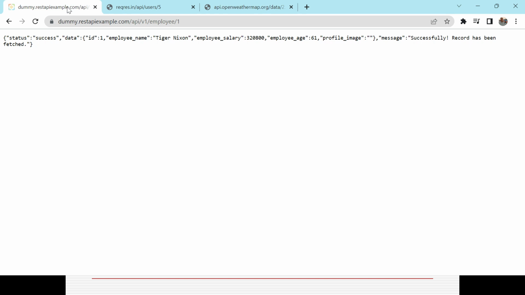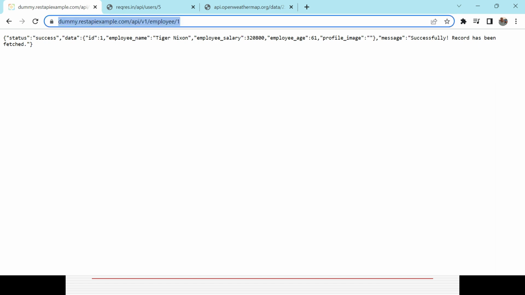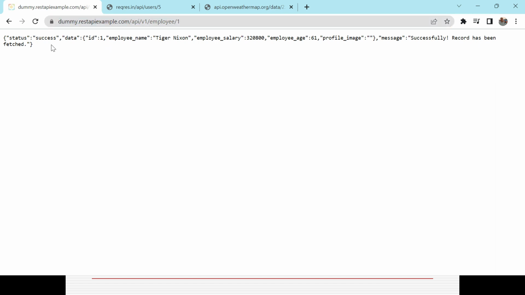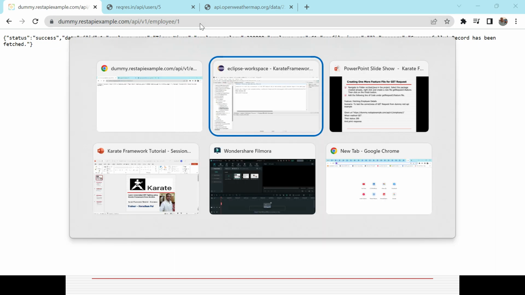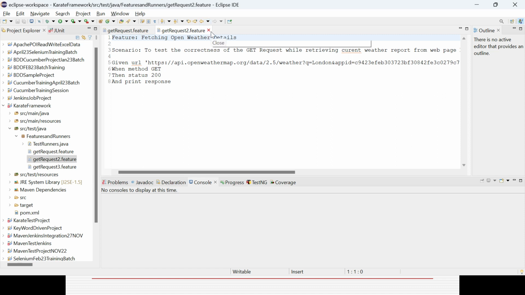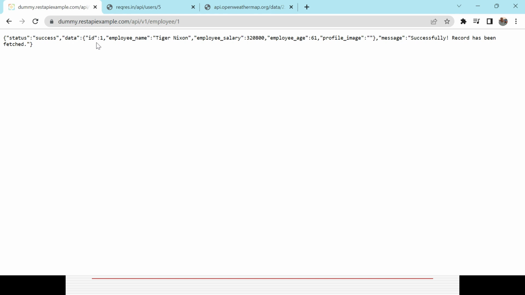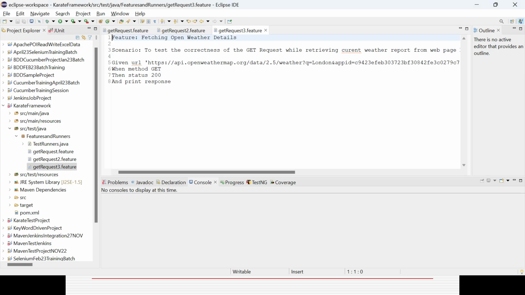Now today we are trying to create one more GET request for the REST API example.com page. This is the URL. If I hit it, it gives some result: success, data, employee details. That is the part I want to create my API request for. So this is the get request 3 feature file created. Instead of open weather details, I want to fetch employee details, so I can change the feature name to fetching employee